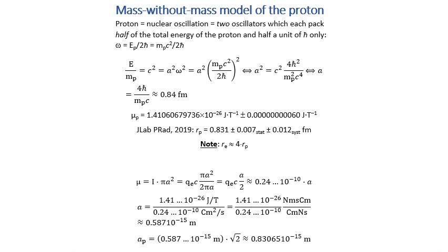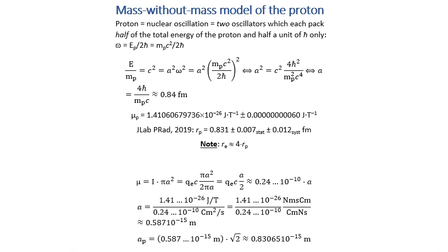They should also pack half a unit of Planck's quantum of action. And so then we can use that mass without mass model again. You know, interpret c as a tangential velocity. We use for the frequency the Planck-Einstein relation, and we write it all out. Then we get the radius of a proton, and you see we have a factor of 4 there in the